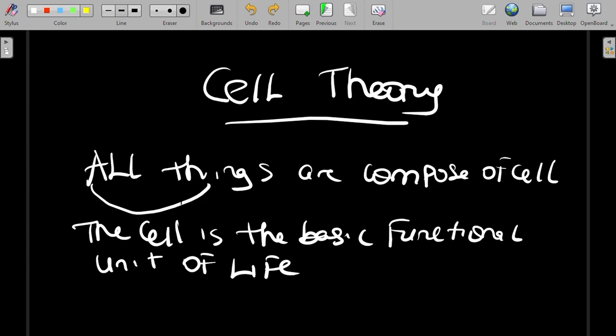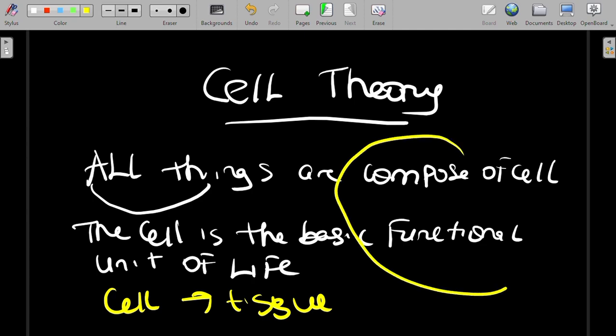This is just trying to tell us that the collection of cells is made up of what? The tissue. So when I collect similar cells together, we form the tissue. That's the implication of this word. They are composed, and they are functional, they are basic. So when you talk about cells, it means a collection of cells forms tissue, while a collection of tissues forms organ.